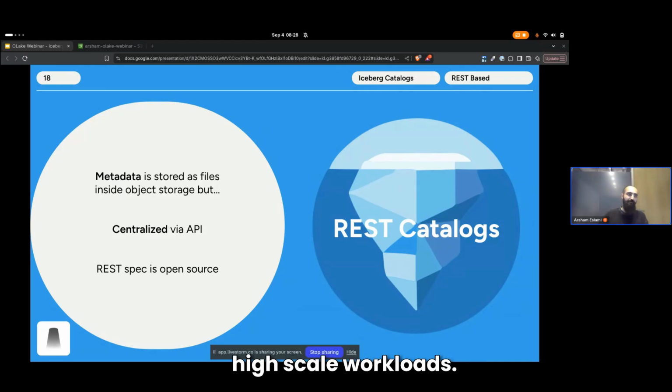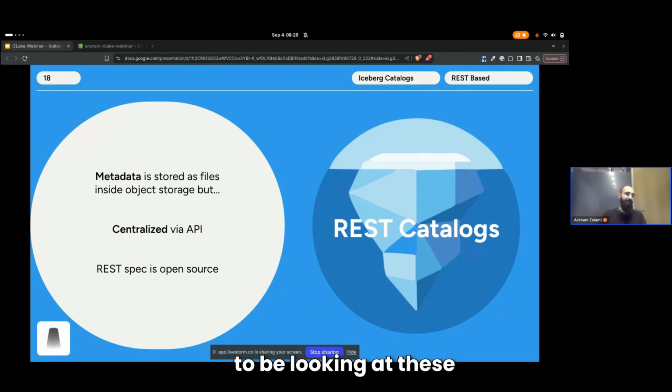This is much better for high scale workloads. It's better for concurrent operations. This is kind of the standard. Everyone's moving towards this. Everyone who's building an Iceberg catalog typically adopts the REST spec. I think the only time you don't want to deal with this is, again, if you have a really small workload, low traffic, and it doesn't justify the cost of having this extra service in place.